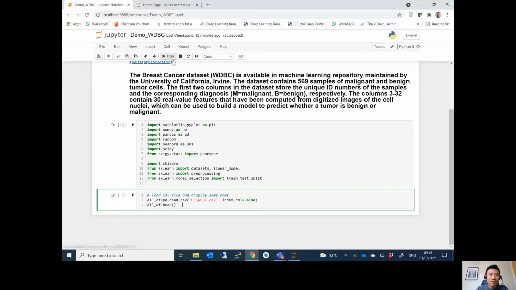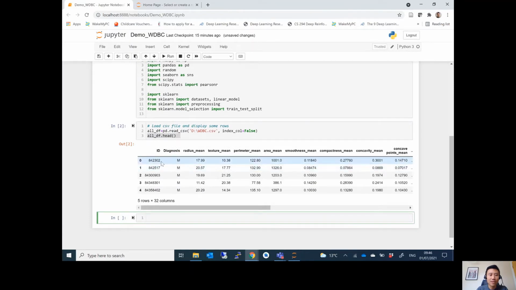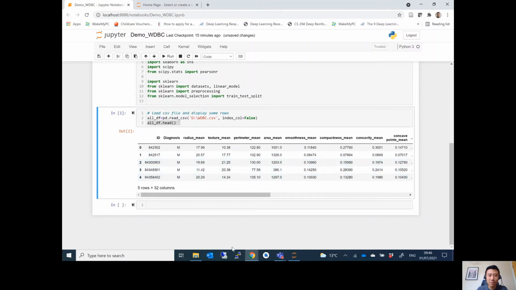Then we can load it. If I run this command, we can load the file, and using this command we can show some of the example data: the first 5 rows, the diagnosis, the feature names, and the feature values. So we know we successfully loaded the data. Good, that's a good starting point. Then next